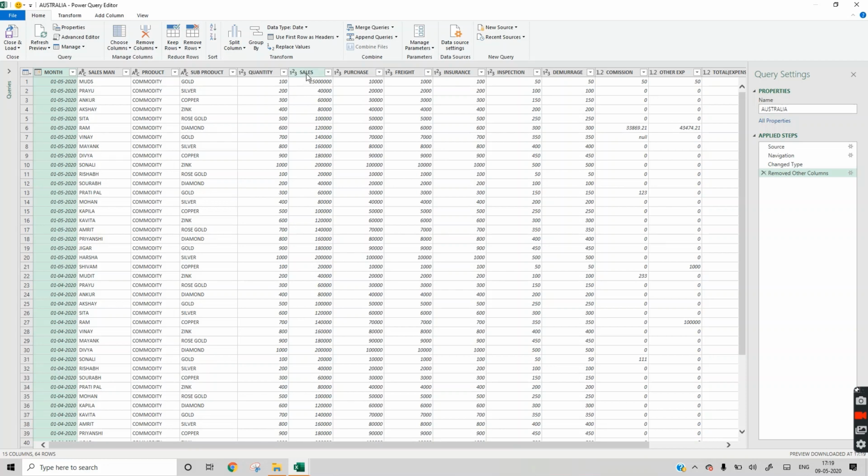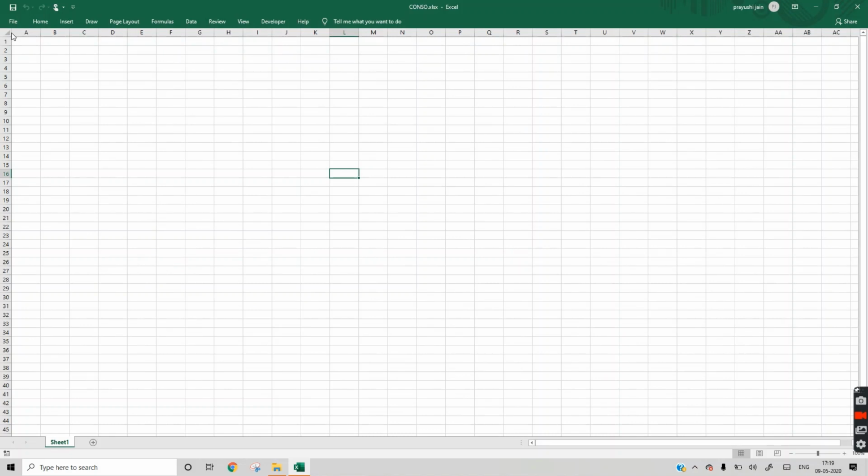In this customized report, you can change the name of this quantity to number of quantity also. If you double click this, you can change the name here also. We are not changing it. In later videos, I will show you how to apply if conditions, different conditions also, so that it will be 100% automated. So we will save this file, close and load.